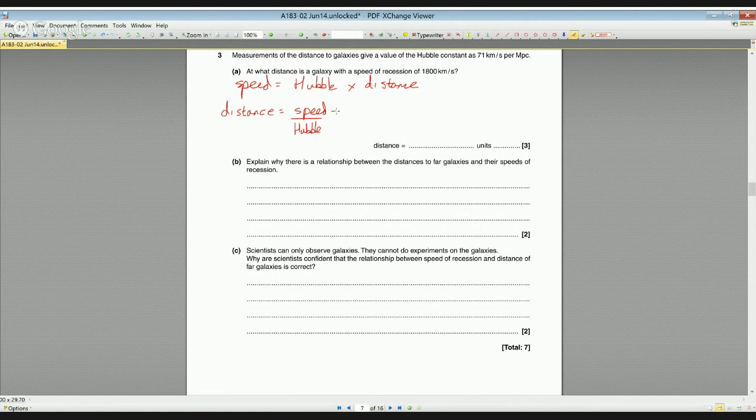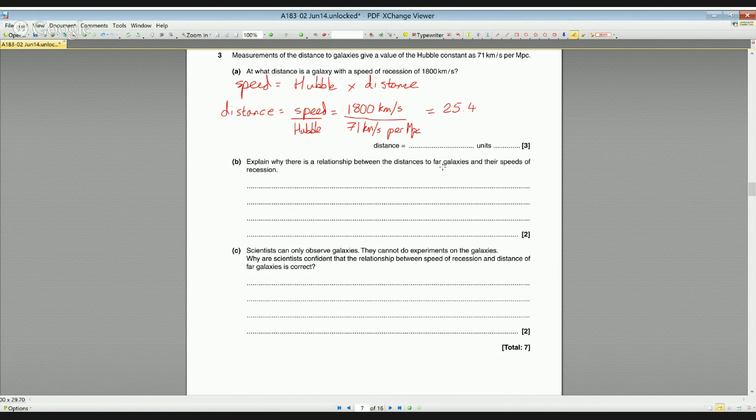And we can now plug some values into this. Our speed here is 1800 kilometers per second. And I'm going to write the units in here. Our Hubble constant is 71 kilometers per second per megaparsec. Now, first thing to say here is that the answer to that equation is